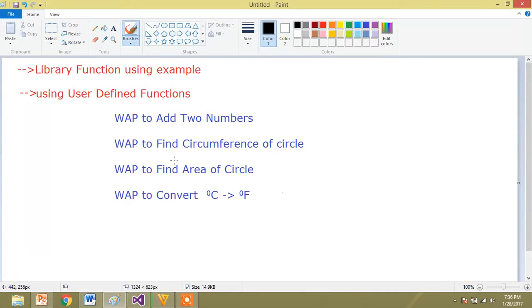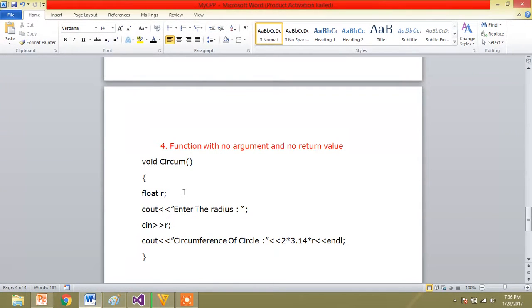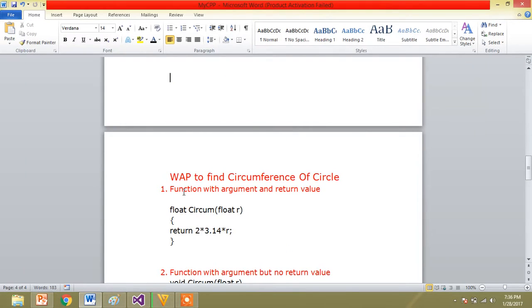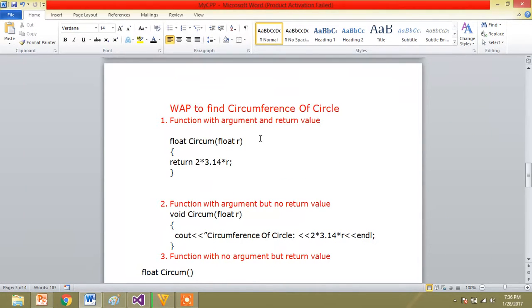In the previous session, you have seen how to find the circumference of a circle. Now, you are going to program to find the area of a circle. See, I'm just going to make the changes in the previous program. Write the program to find